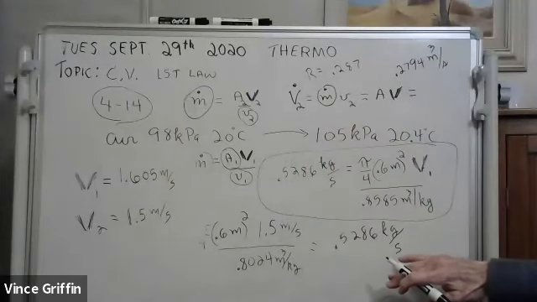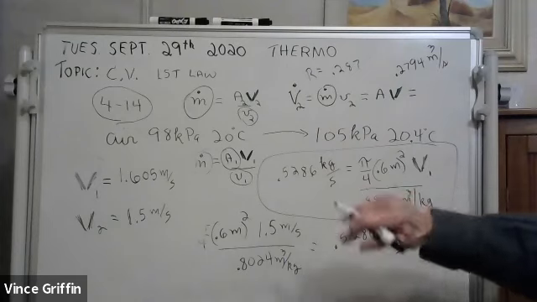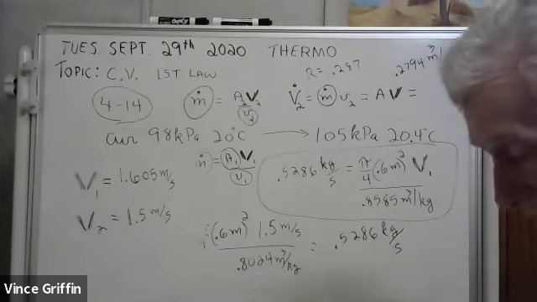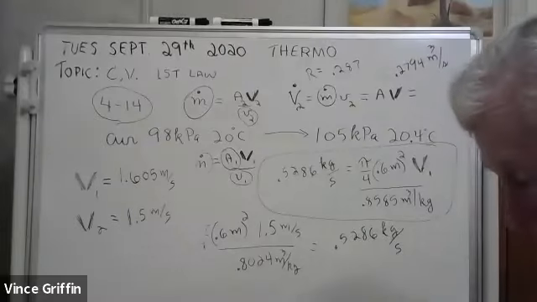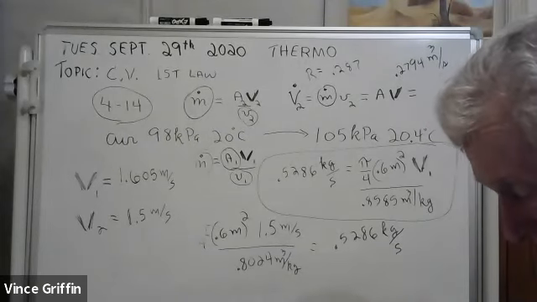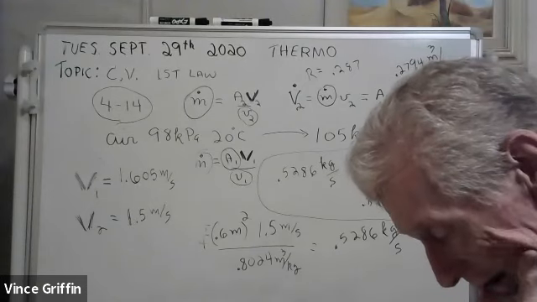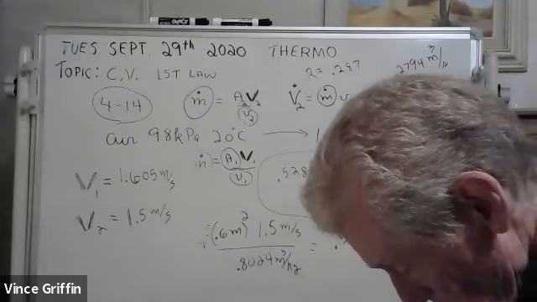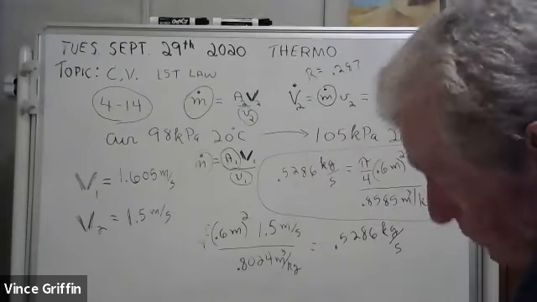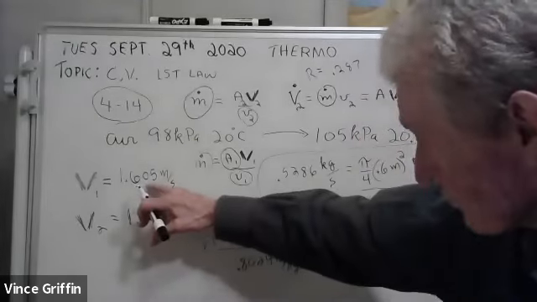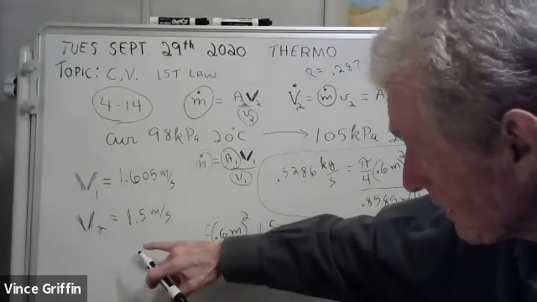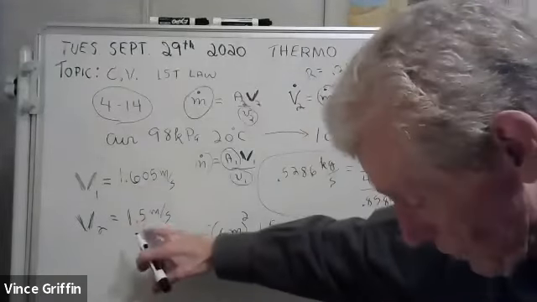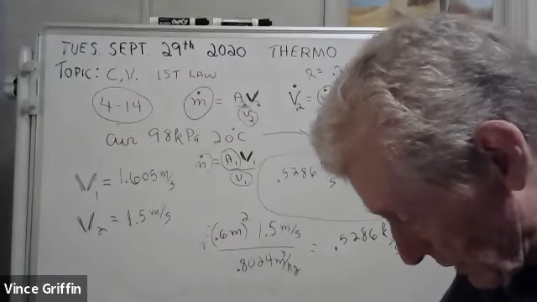Little v2, dang it, I erased all this stuff. Just a minute, let me find this problem. It's 414. It looks like the answer you found is at the very top right corner of your board. 0.2794, that one. That's V2 dot. Okay, now here's what they say. They say the incoming velocity is 1.6. We got 1.605. So we agree with them. And the exiting velocity was given, that's 1.5. So we agree with the book. And now our exiting,